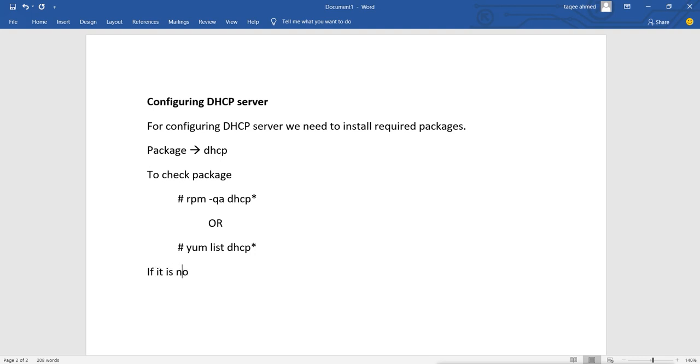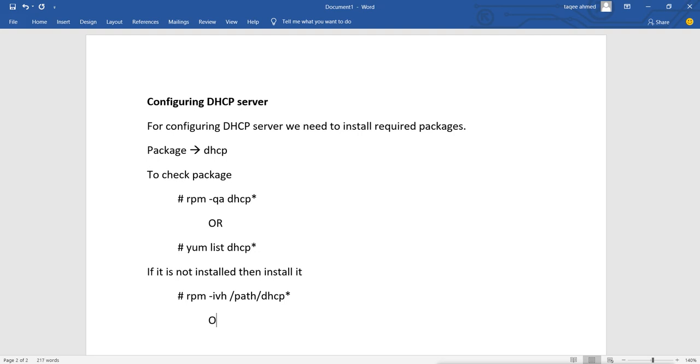So first check. Now if it is not installed, then install it. For installing, we'll use rpm with the path of the package and then the package name if we have not configured the yum server.